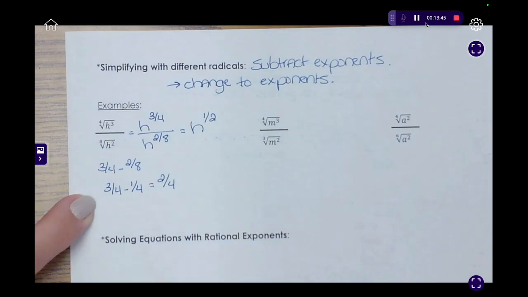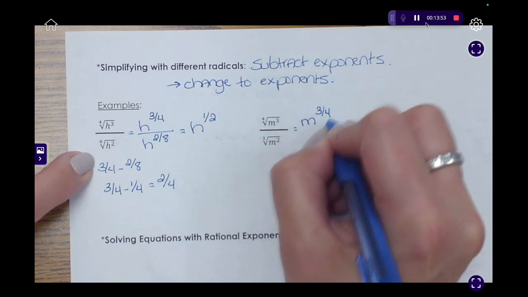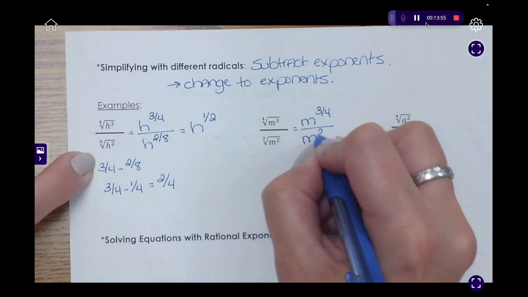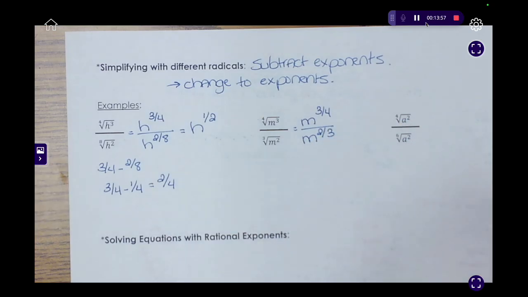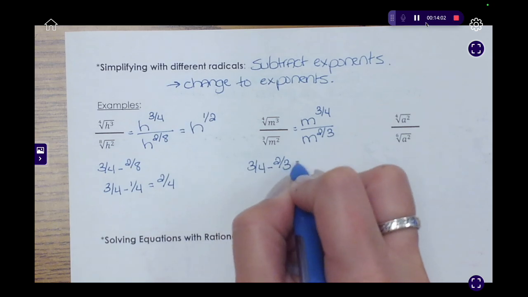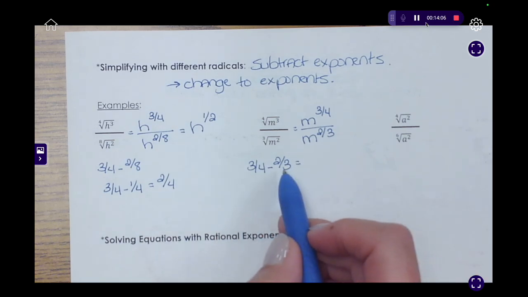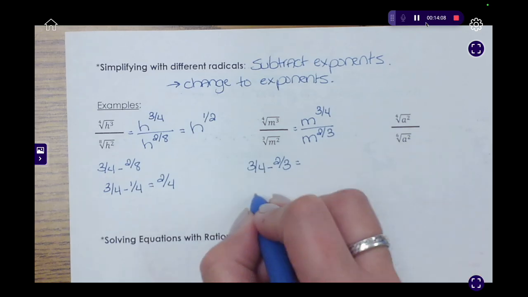So always reduce your fractions. So that's all we're going to do. Change them to fractions and then just subtract your exponents. So if I look at this one, this would be m to the 3/4 divided by m to the 2/3. So again, I'm going to take my fractions, the 3/4 minus the 2/3. Now here, neither one of those reduces, so I need to get a common denominator,